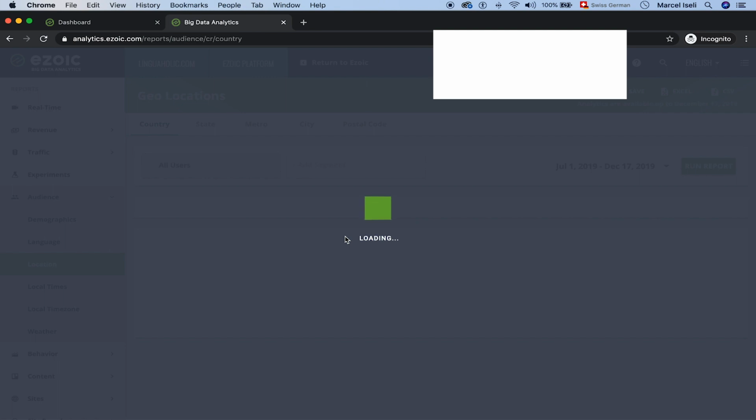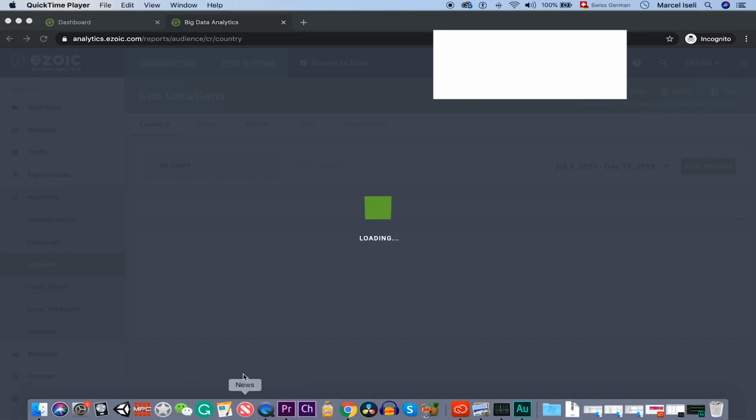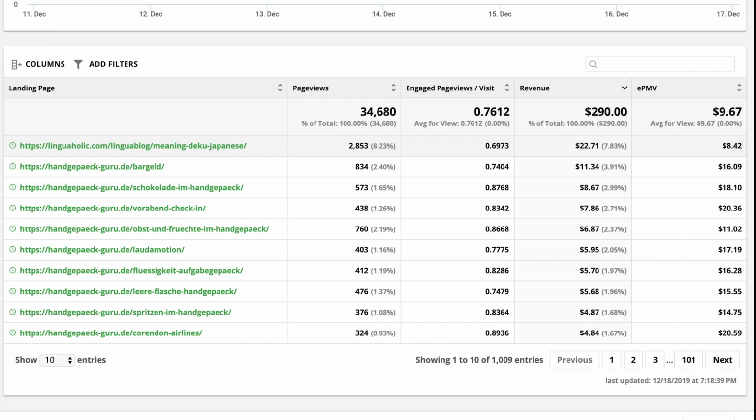And most probably you will find out that with the help of Ezoic you can just earn much more money. And if not, you can just deactivate Ezoic and just use Google AdSense just like before. There is no contract, nothing to worry about. You can just stop it and leave everything as it was before.